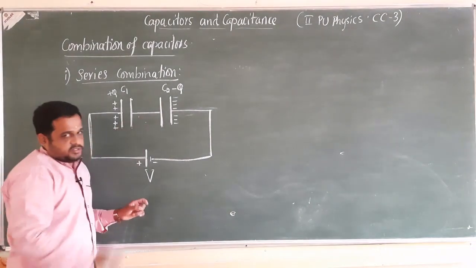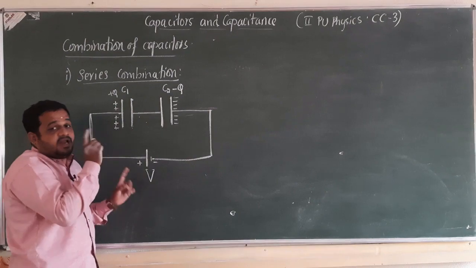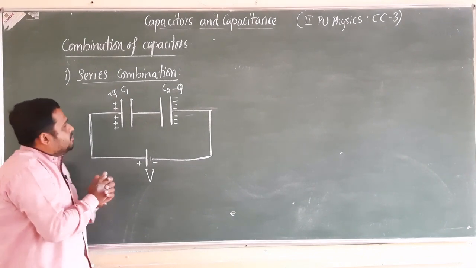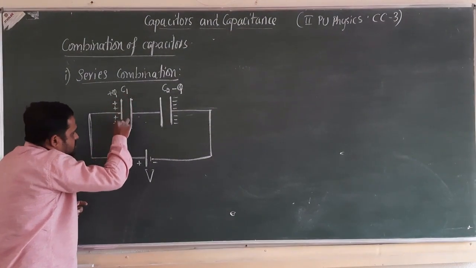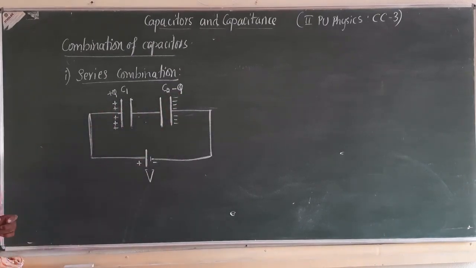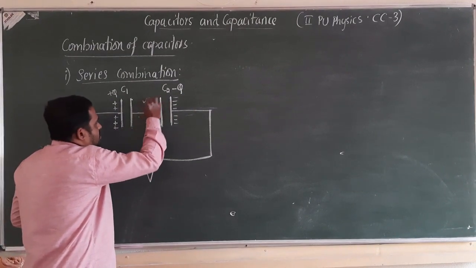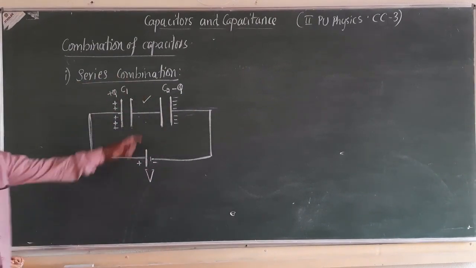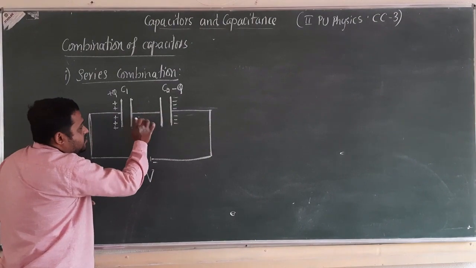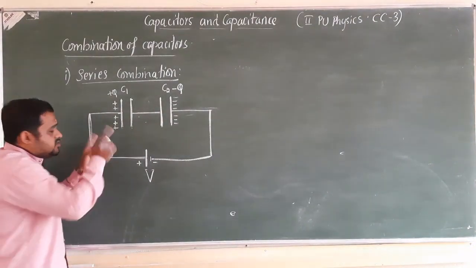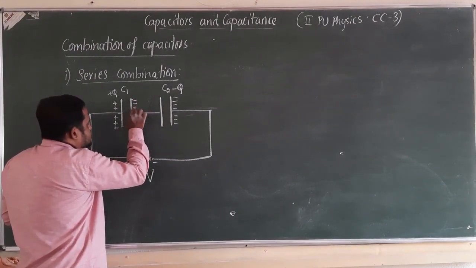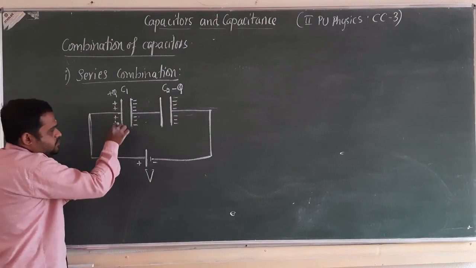It is uncharged actually. That means it will have equal amounts of positive and negative charges. Uncharged conductor it is, but the presence of a positively charged conductor here and a negatively charged conductor here will result in charging by induction of this particular region of the capacitor, or this particular part of the circuit. Now this is the uncharged part, that means it will have an equal number of positive and negative charges. Out of those equal numbers of positive and negative charges, some will be attracted towards this plate due to the positive charges present here.